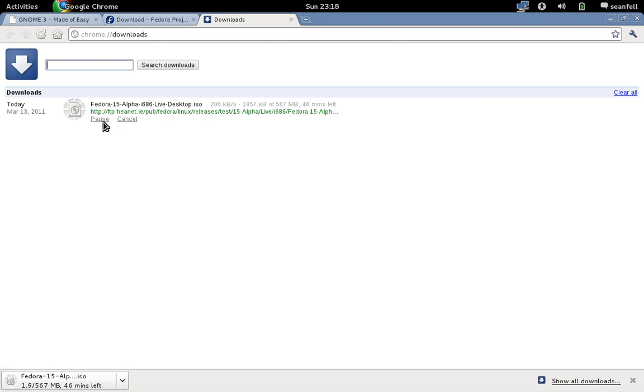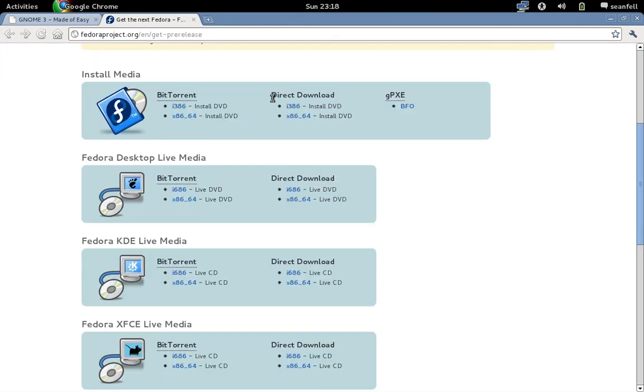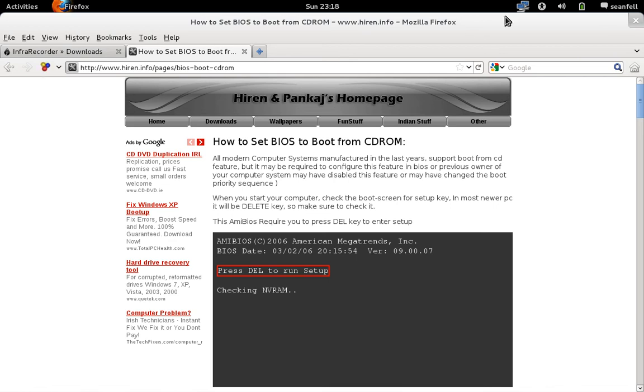And again, I'm going to pause, cancel, and remove, as we have this downloaded already, and then go into your InfraRecorder and burn it as an image and put it into your PC. Don't forget the instructions on how to boot from the CD. That's about it then for the first episode of